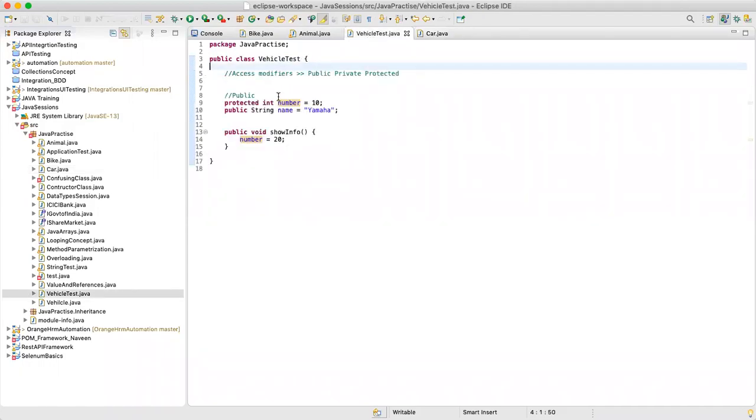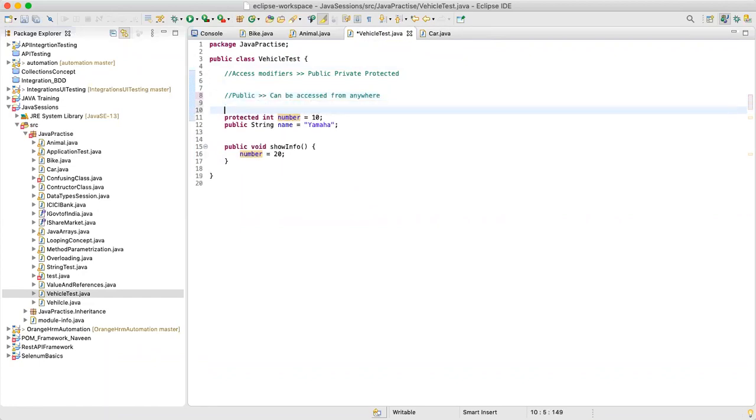So when I say public, it can be accessed from anywhere. And when I said private,